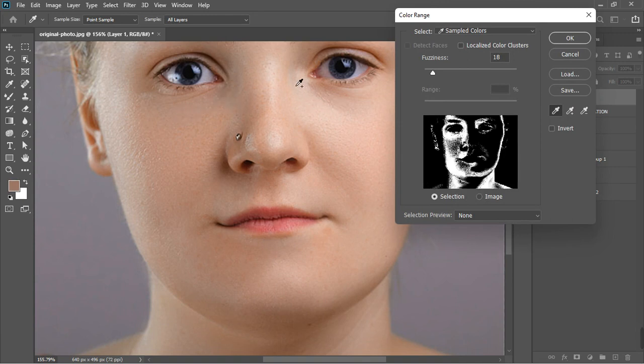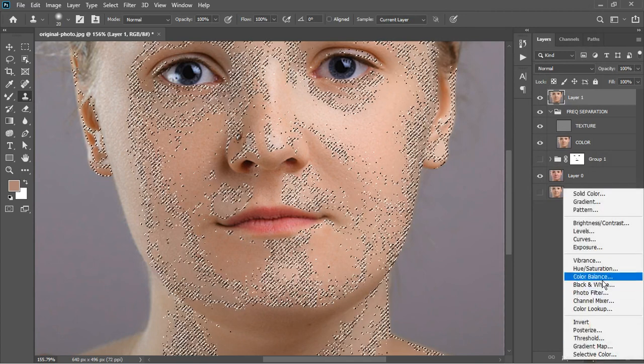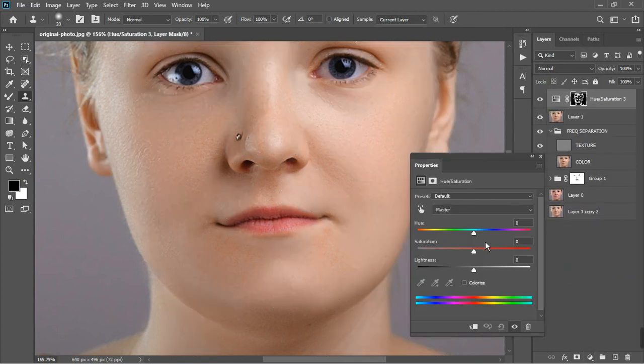You can add some places like this to it and decrease the fuzziness a bit. I'm going to add somewhere like this to it and click on OK. So after that, go to hue and saturation. From the hue and saturation, same thing, increase it and see if it's actually selected. I think it is. So now I'm going to click on 0